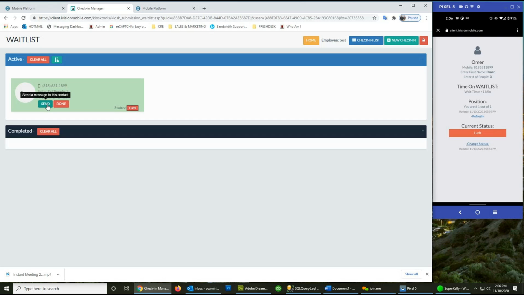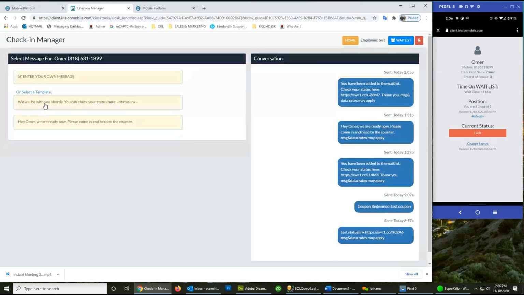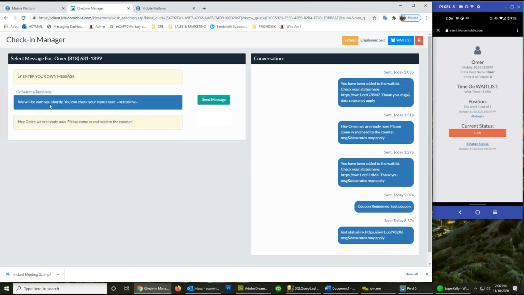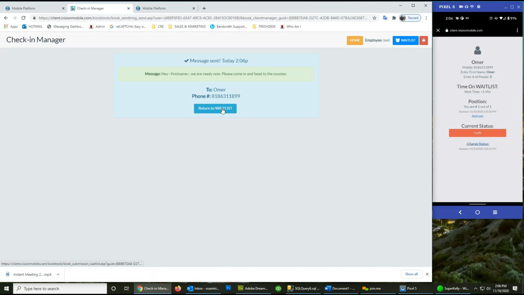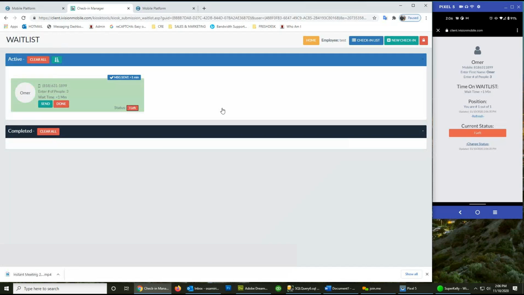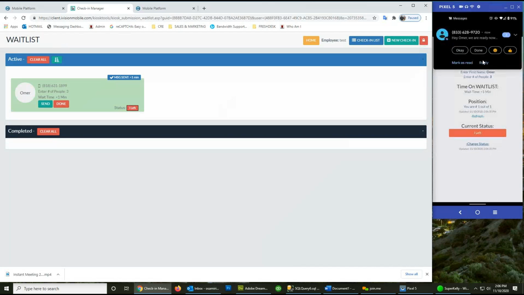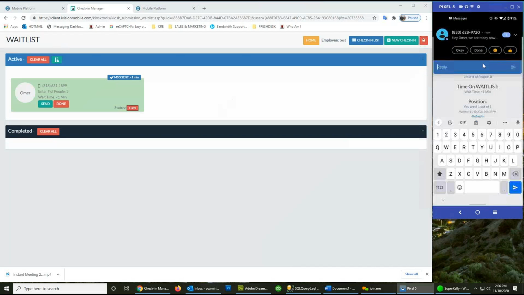Now, I can go in here from the Check-in Manager and send a message to this contact. Here you can see the conversation history to this phone number, but here I can actually text the person and send them a message. So I'm going to send this message: you're ready, please come to the counter. And I'm going to then return to the wait list. And when I receive this message here, I'm going to reply back